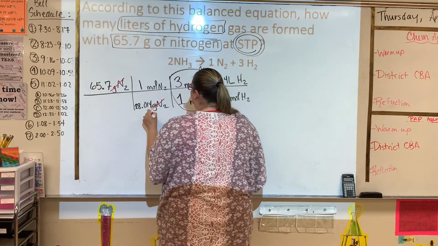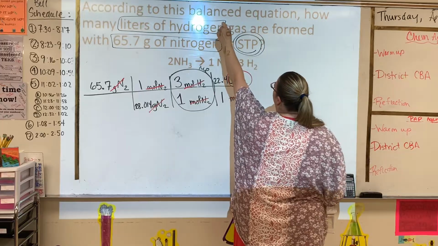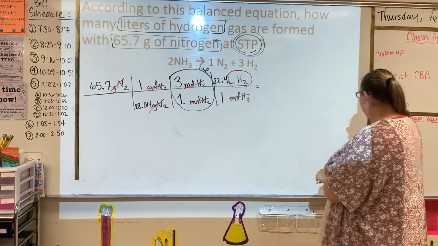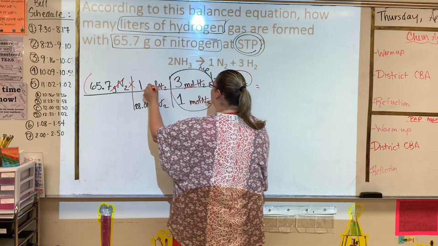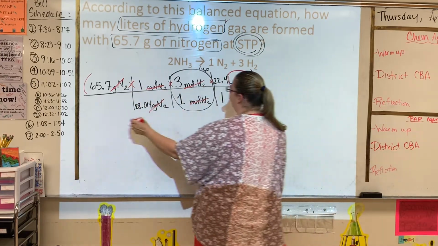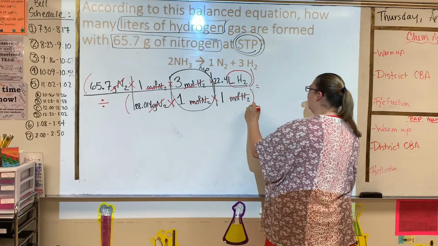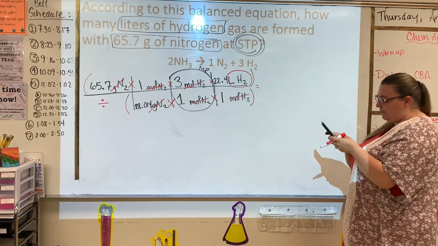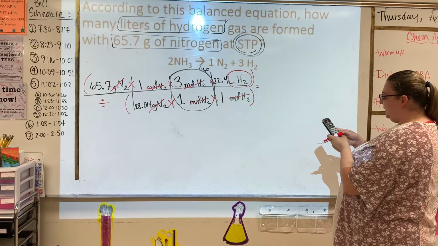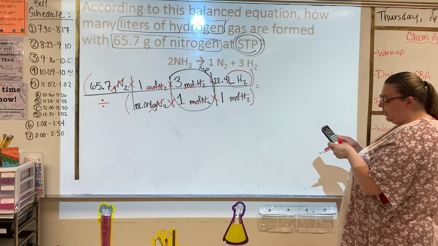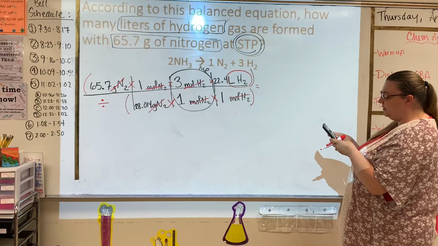Grams of N2 are going to cancel with grams of N2, moles of N2 with moles of N2, moles of H2 with moles of H2, leaving me with liters of H2, which is what they asked us for. Fantastic. Okay. Remember, please, that we are going to go parentheses, this times this times this times this, close parentheses, divided by, open parentheses, this times this times this, close the parentheses. So parentheses, 65.7 times 1 times 3 times 22.4, close parentheses, divided by, open parentheses, 28.014 times 1, close parentheses,